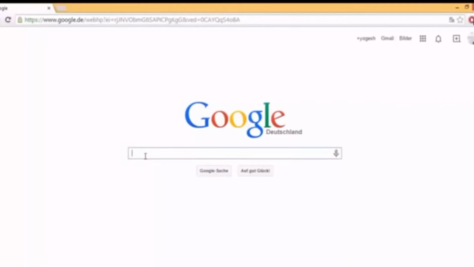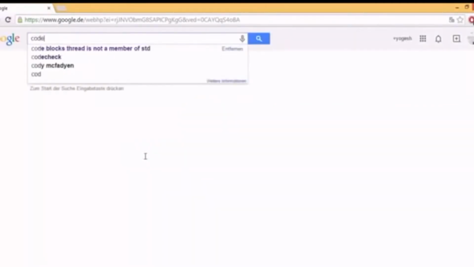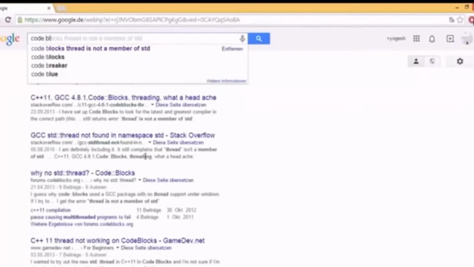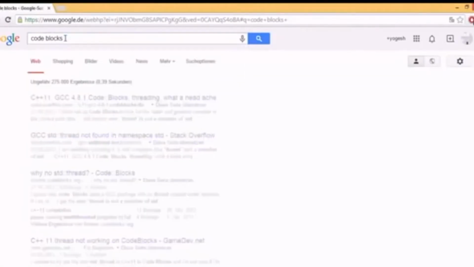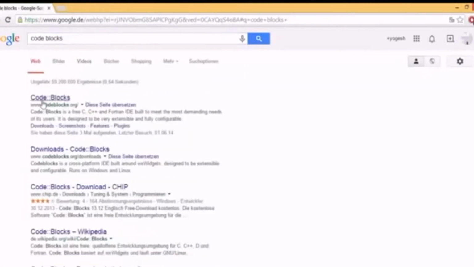So just open your favorite browser and search for Code::Blocks. The first link you will see here, not this, but only the Code::Blocks one, is www.codeblocks.org.